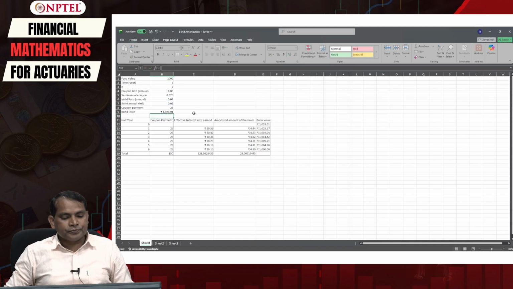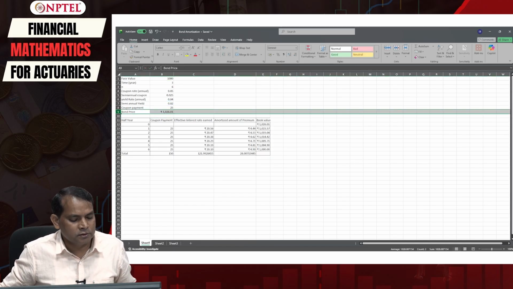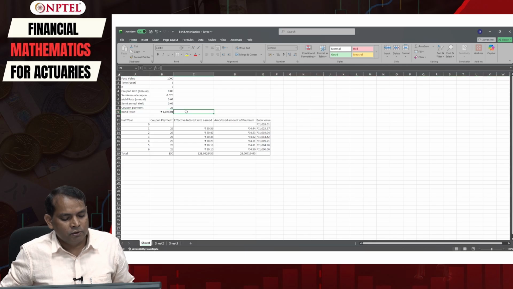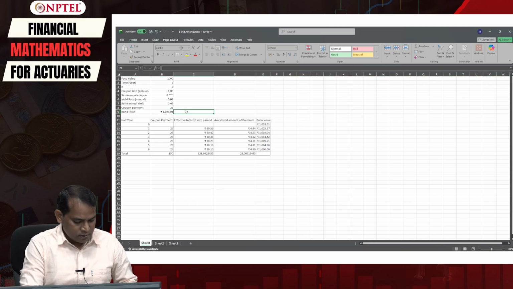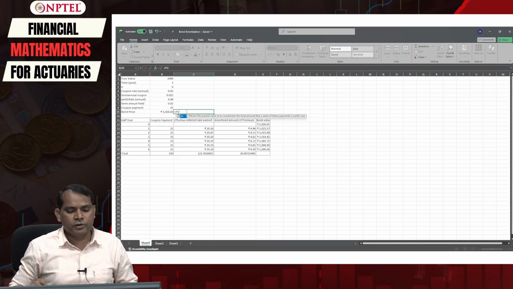Upon entry you will get this value, or we can simply rewrite it here. This is equal to PV.